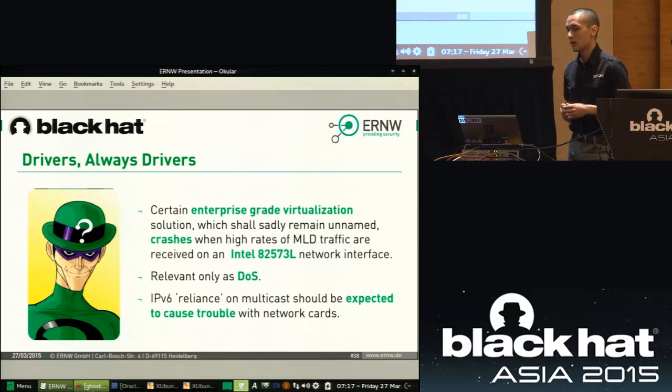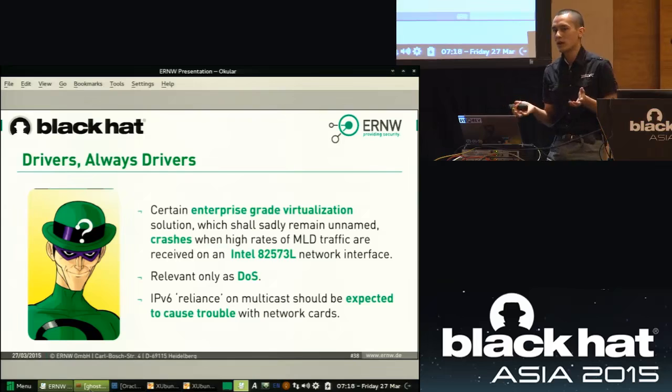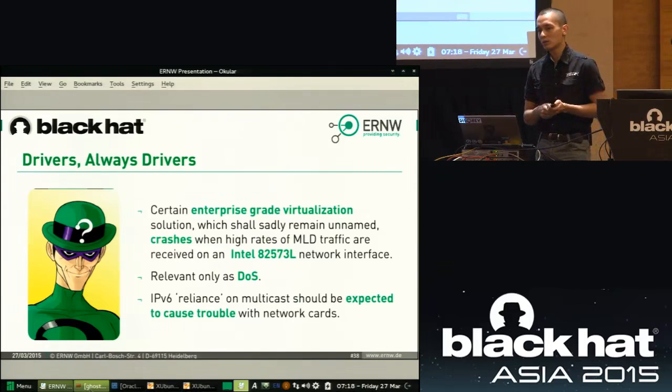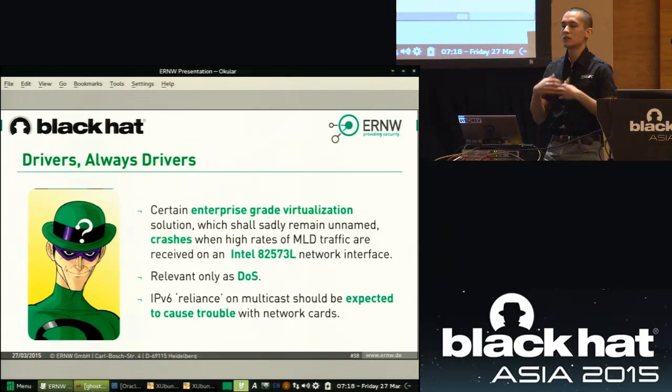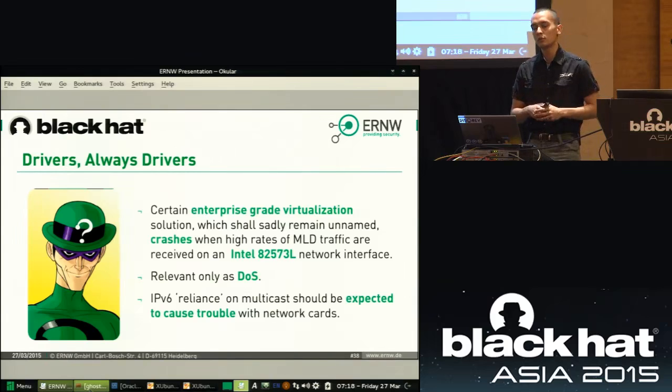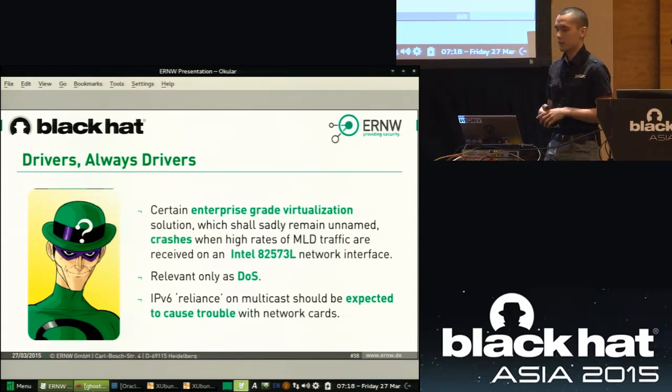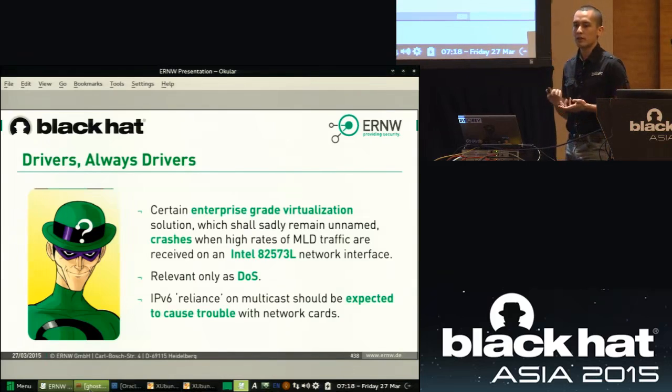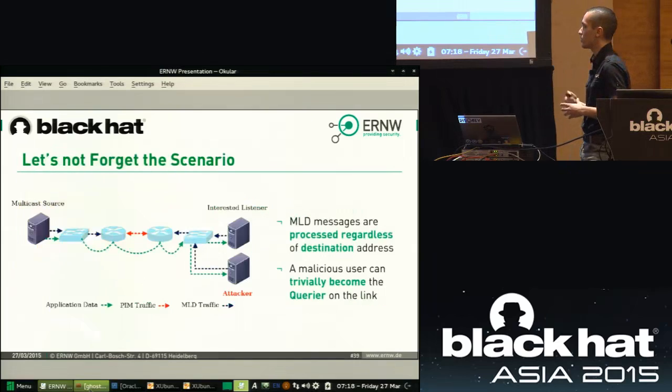And what we see is, okay, multicast wasn't a big deal in IPv4 anyway. There were companies using it, there was research using multicast, there were people actively using it, but our infrastructure and our devices aren't really capable of going along with it that well. So this kind of behavior is to be expected, drivers behaving weirdly and your routers too. At this point I would like to advise you to test your Juniper, your Huawei, or whatever you're using, to see if the spanning tree protocol stops working out of the blue.